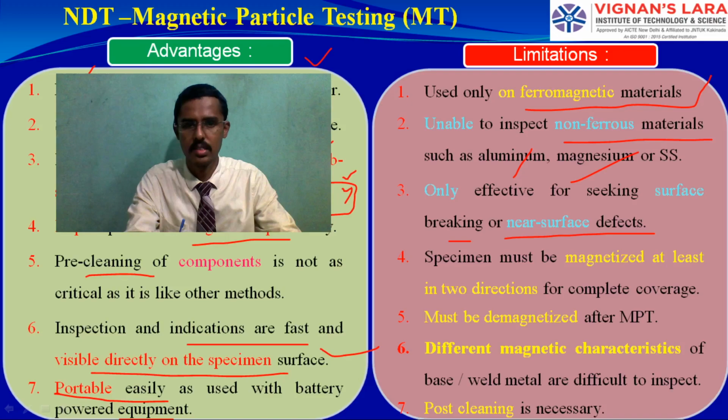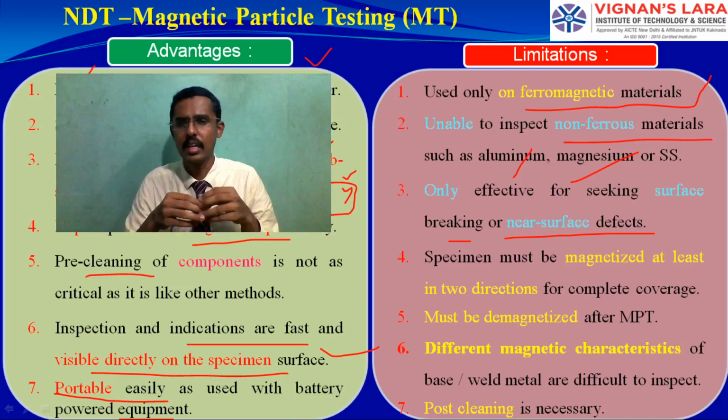Some material may have a weaker or lighter magnetic property. For each one, the application of current may vary, lower or higher. Such things require some understanding. That may be a limitation. So definitely, at last, we should do the cleaning process, because the particles we are keeping